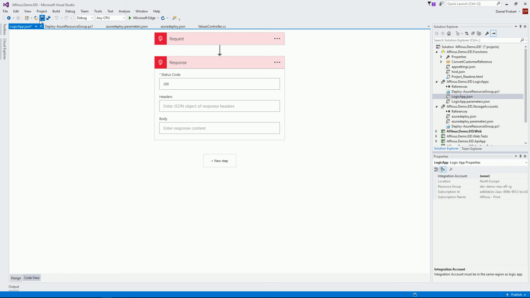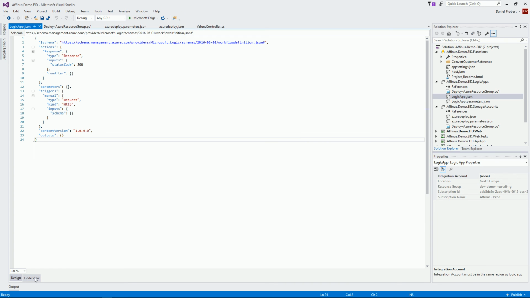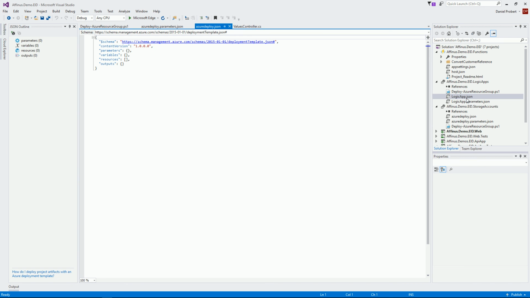I save the Logic App. If I go to Code View, I will see the definition for the Logic App. What's interesting though is that that is just part of the ARM template. If I actually come out of the designer completely and I open up the Logic App just in the normal editor,